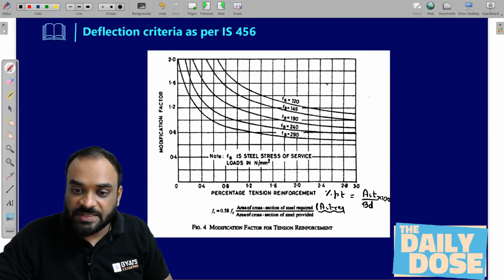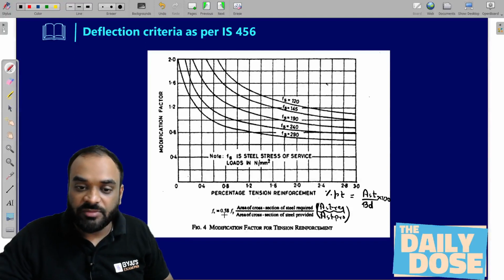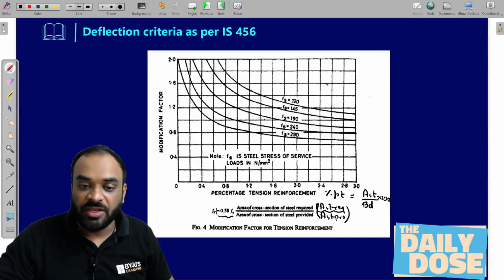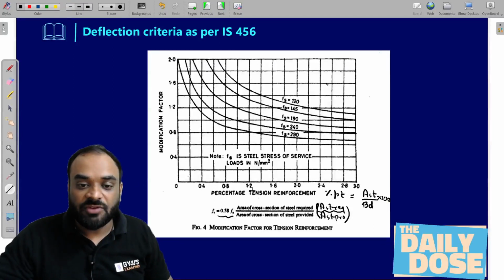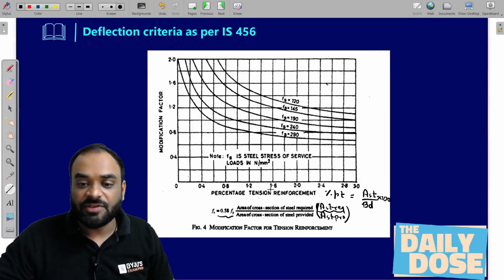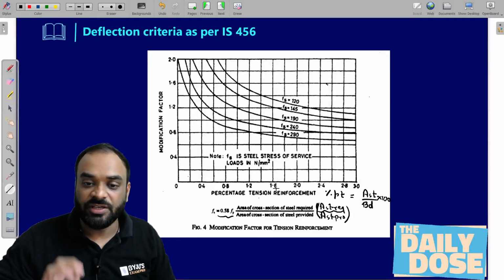How much Ast is required? And what is the value of Ast which you have provided, right? You need to take the ratio of it and multiply by 0.58 into Fy. You will get the value of Fs. Now after knowing the value of Fs and after knowing the percentage of tension reinforcement, what you have to do,